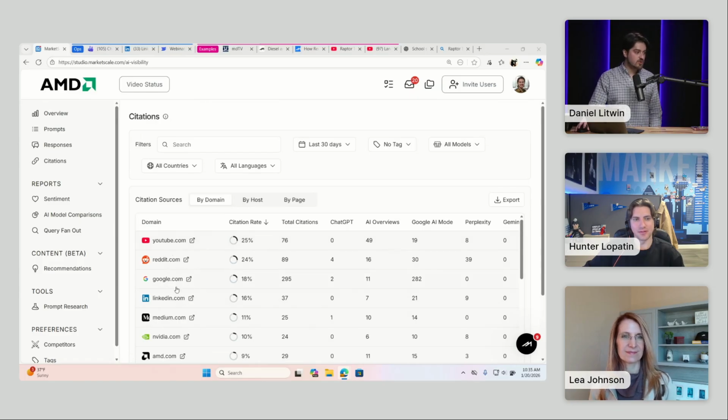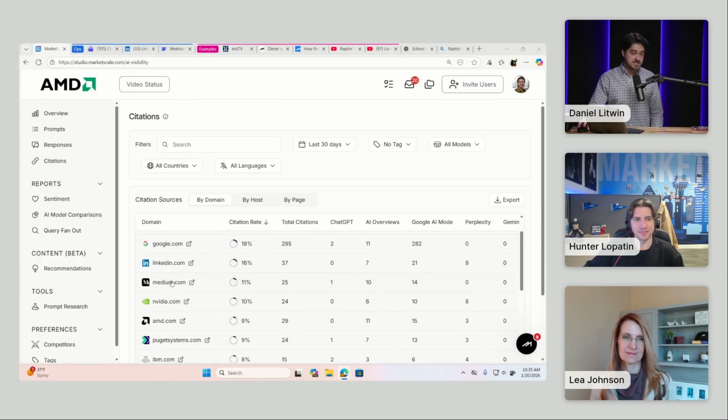But look how high Google is, LinkedIn, Medium. This is an interesting one. People want authoritative sources. So they don't just want to see the content coming directly from you. They like when it's a layer removed, when it's coming from that 20-year tenured engineer's Substack within your company, or when it's coming from